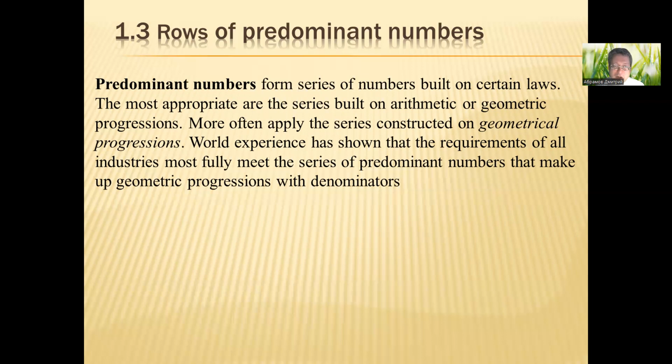More often we apply the series constructed on geometrical progressions. World experience has shown that the requirements of all industrial sectors must fully meet the series of predominant numbers that make up geometric progressions with denominators,